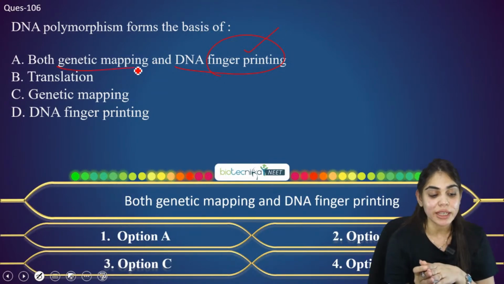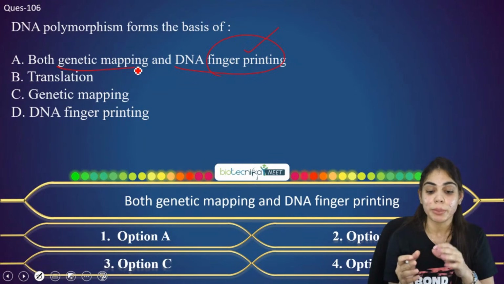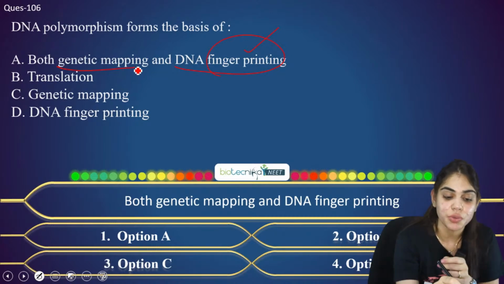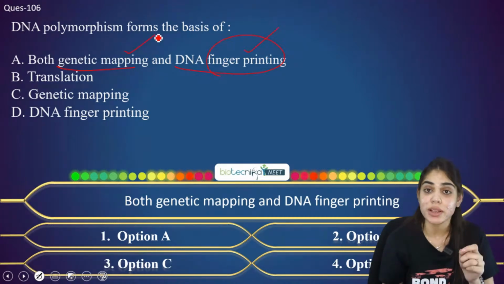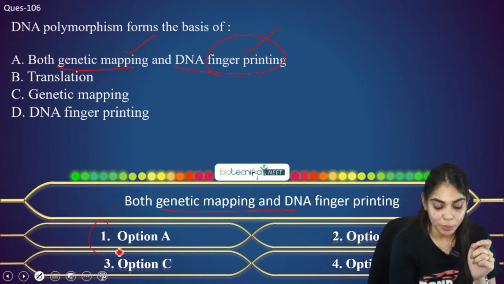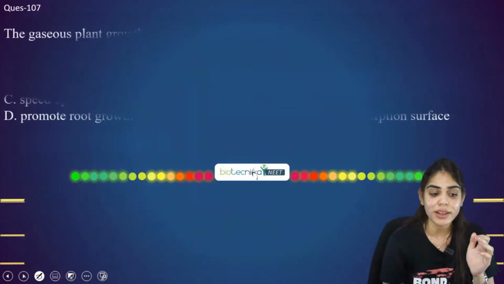So you can see here in options C and D, they have given these options separately, that is genetic mapping as well as DNA fingerprinting. But if you only know about DNA fingerprinting, at that time you will choose option D. But dear students, it is also used for genetic mapping. That means the first answer is the right answer, for both genetic mapping and DNA fingerprinting. So now let's move to the next